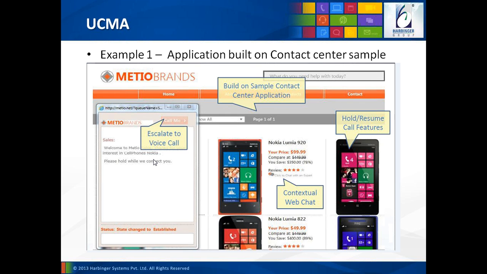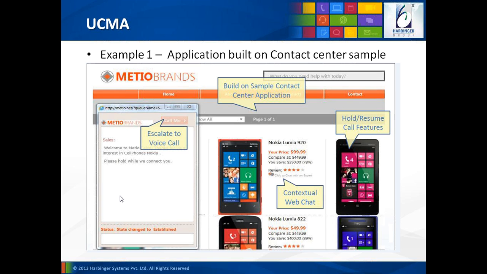He needs an expert opinion on that. So the UCMA application puts this particular call on hold. Maybe it shows a message, please hold while we connect you. And in the background, it scans the expert database and finds experts who have expertise in Nokia phones, and then using the presence APIs determines which of those experts are available at this moment.